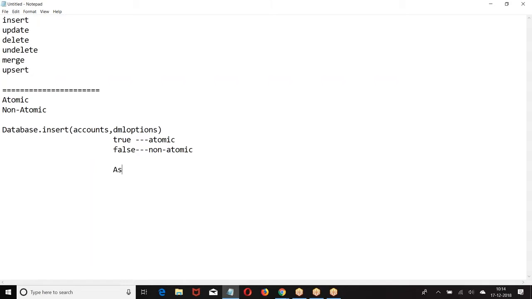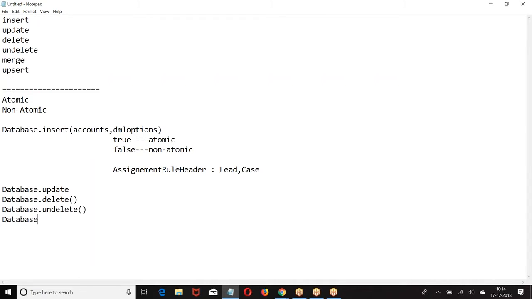Then we have assignment rules. This is only for lead and case. Similarly, we have database dot, this is how we create.